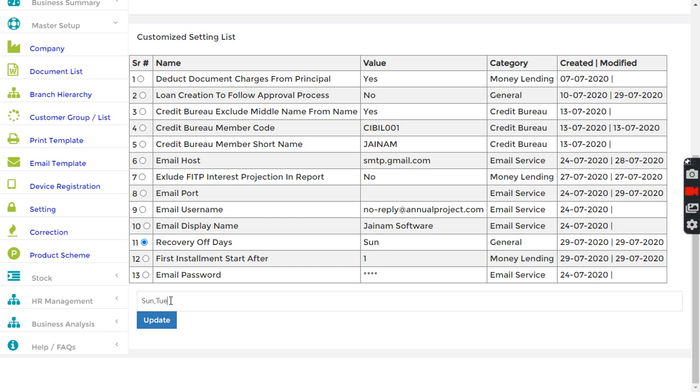But just for an example, I want to keep Sunday, and instead of Monday I will keep it like, let's say, Tuesday. Okay, just for demo purpose. So no recovery for Sunday and Tuesday. Okay,